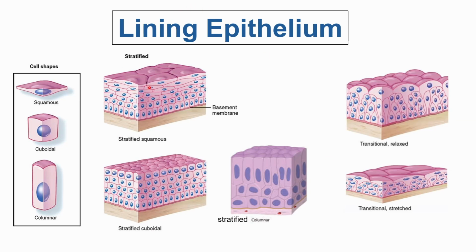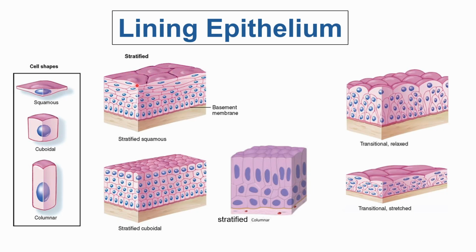Next, let's talk about your stratified. So again, stratified means multiple layers. If there is more than one layer of cells and it is not pseudo or fake, then you will have your stratified epithelium. And the naming is just you combine it with the shape of the topmost layer. As in here, the topmost layer is flat, so the name is stratified squamous epithelium. Okay? And not cuboidal, because the top layer is flat despite the deeper layers having a cuboidal shape.